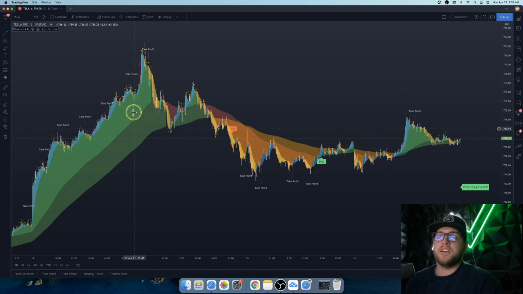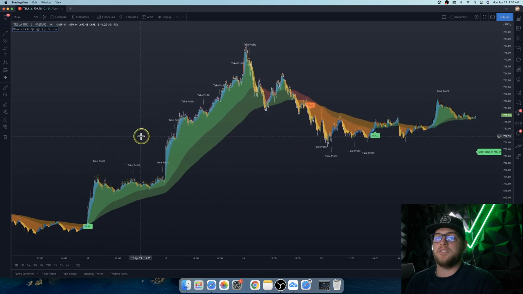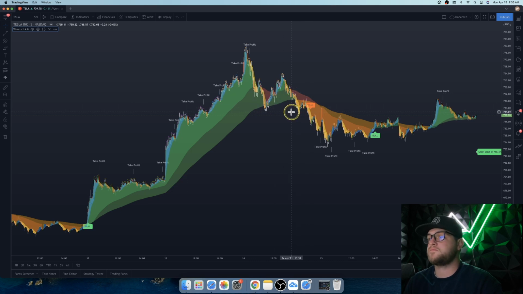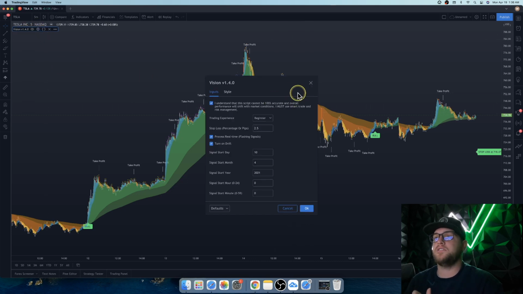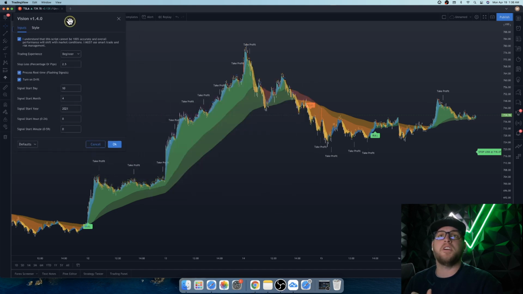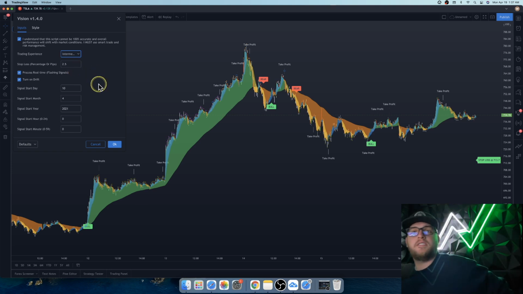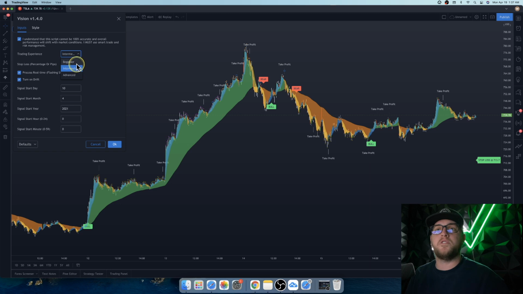So same thing here. You're wanting to watch and see if it's going to break through the dark green and come out and past the midline, in which case it's like it did up here, and it started to turn red. And so once you change your trading experience level, this will start to begin to change. And so we got the intermediate side, and I'll swap back and forth so you can see the difference here. Beginner,